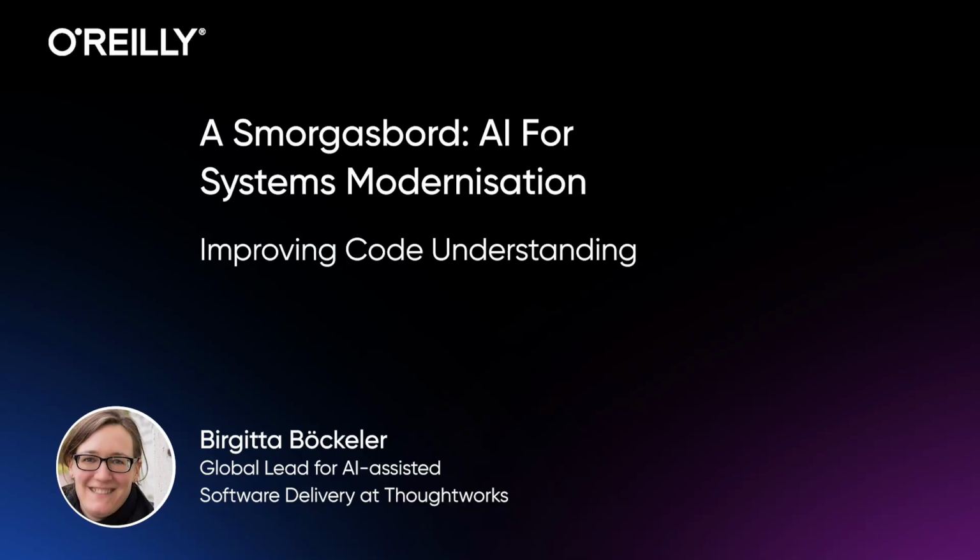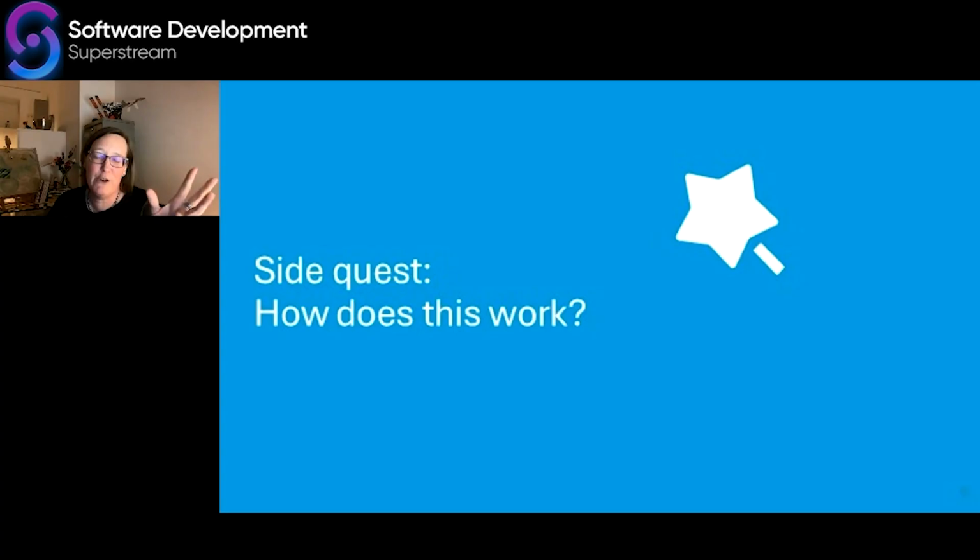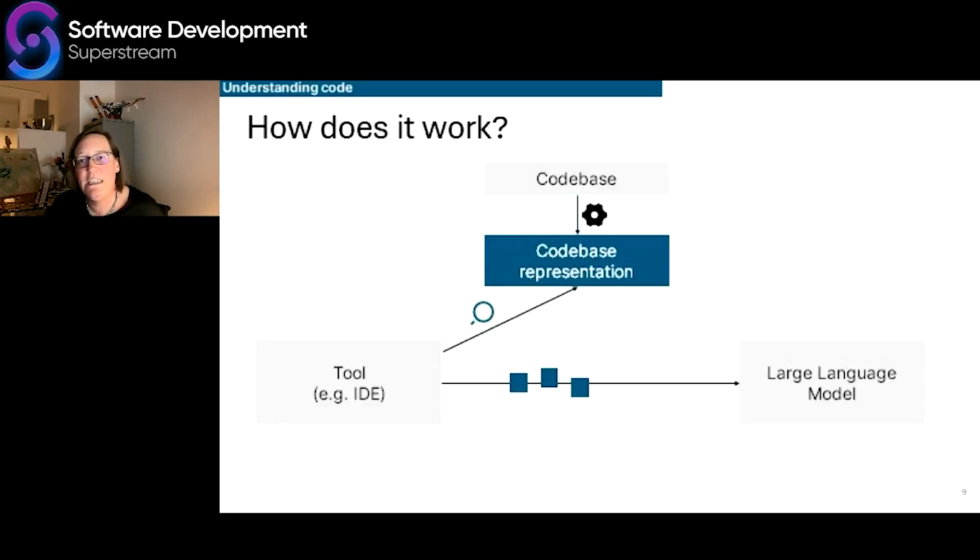So I'll do a quick side quest now about how this better code understanding usually works. We already heard some examples of this, but I want to show you how there are actually different ways that tools out there are doing this. Because what you usually need is the tool that you're using for code understanding, which at the moment in a lot of cases is an IDE,